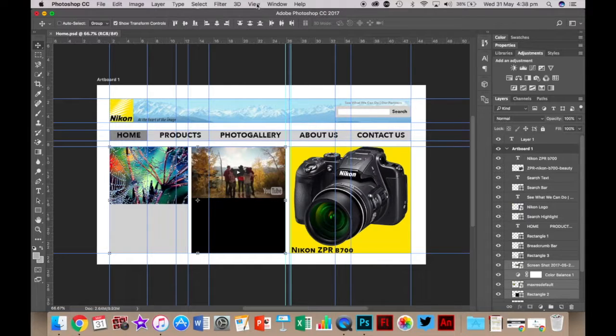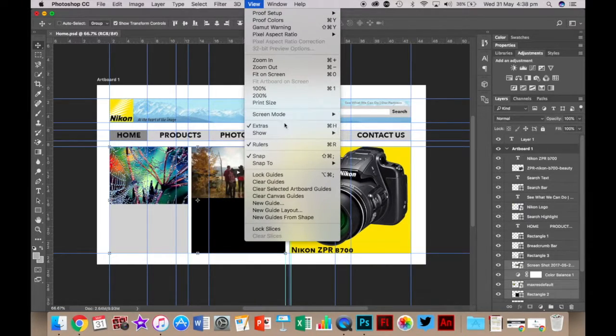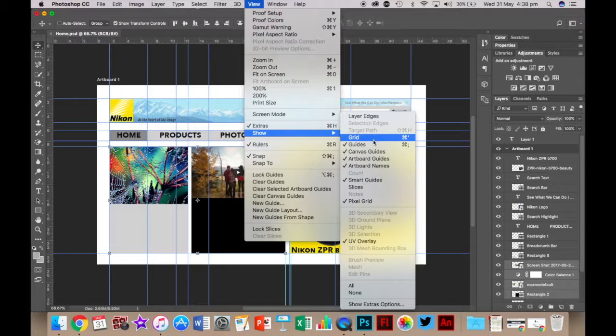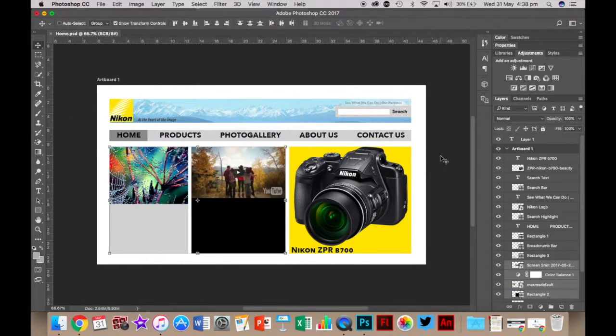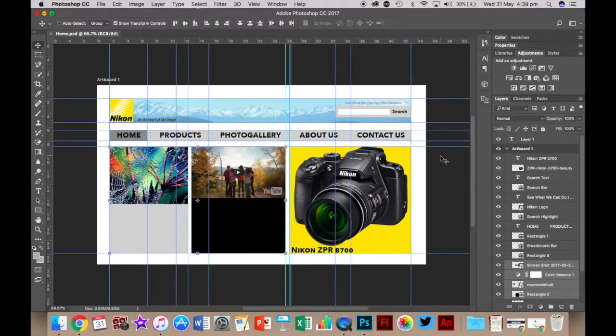Just to have a look at what it's going to look like, go to the View menu, go to the Show submenu and untick the guides. And that obviously just takes away all the rule guides that we've inserted, and you can see exactly what your page is going to look like. So if you're happy with that, you can turn guides on or turn guides off, it doesn't matter too much. Those guides obviously don't get exported when we save it,